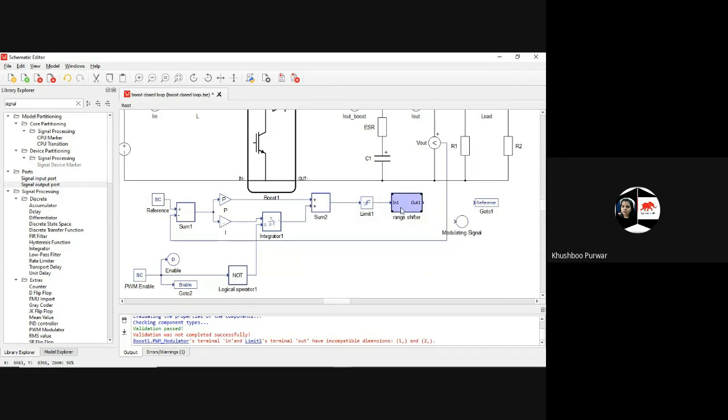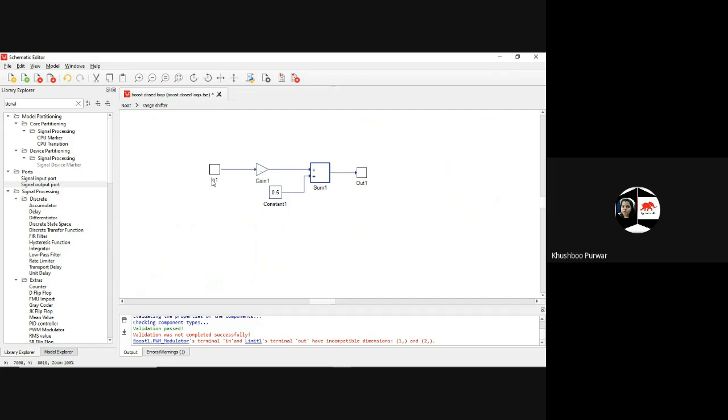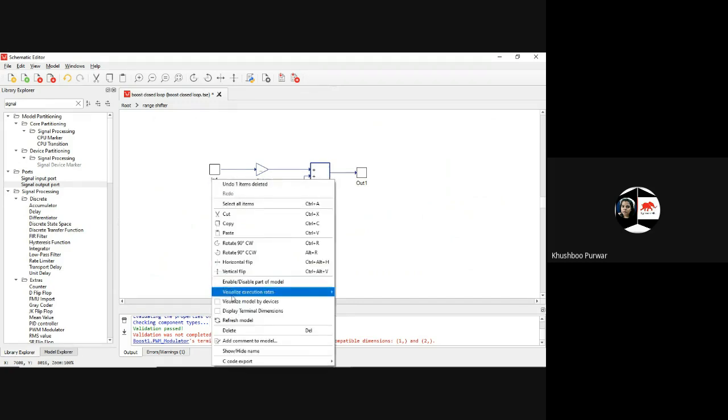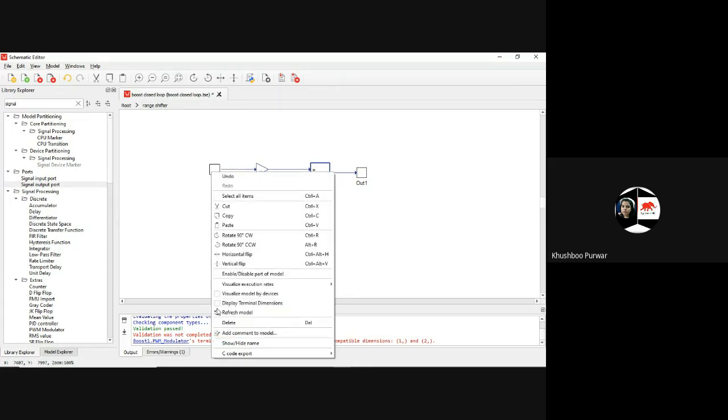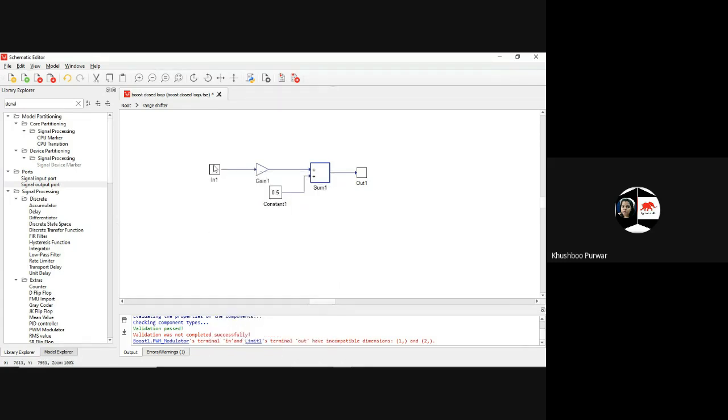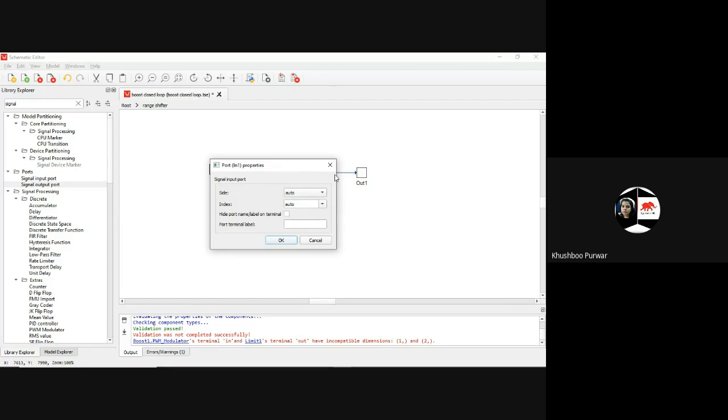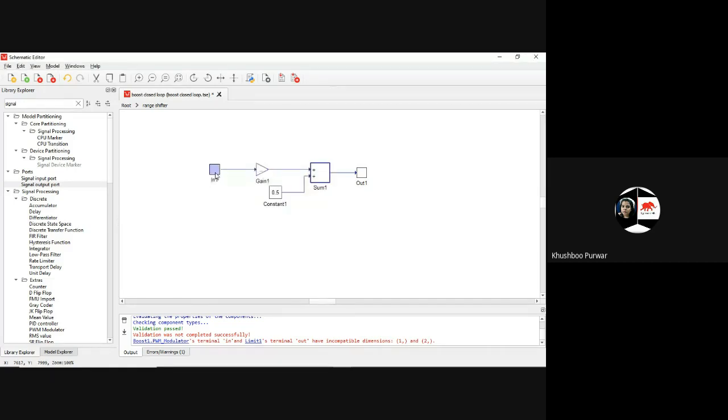Just minimize it, or if you want, just hide its name. Let me check the side.